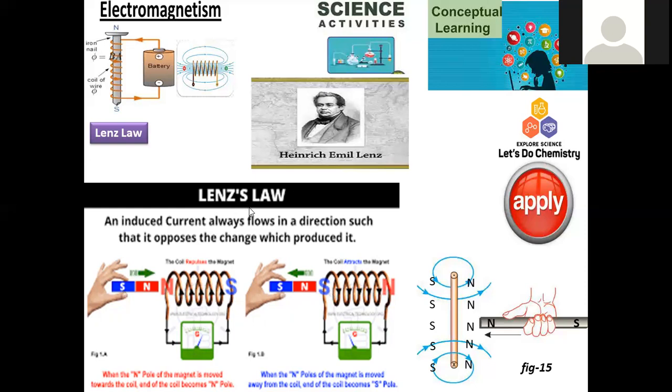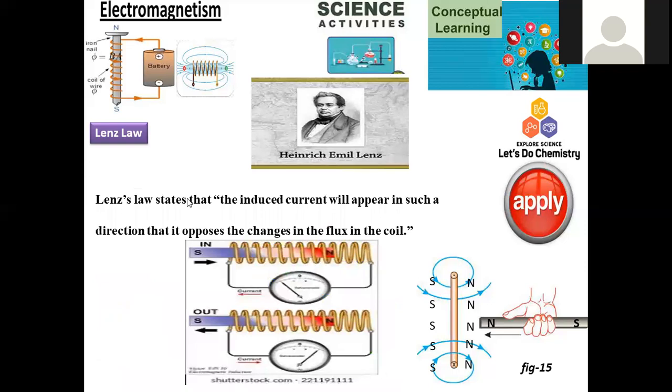This is given by the scientist called Lenz. Lenz's law gives that the induced current will appear in such a direction that opposes the change in the flux in the coil. If flux is operated in the clockwise manner, in order to oppose that, counterclockwise motion will be induced for the current. If flux is anti-clockwise, in order to counter that, clockwise motion is acquired by this induced current. That's the reason there will always be opposite direction with respect to flux and induced current. That is a reciprocal relation between the induced current and the flux generated within the system of closed circuit.